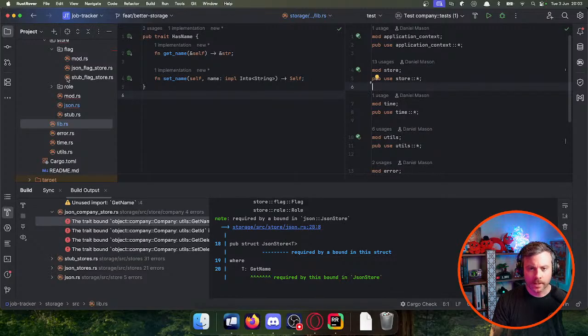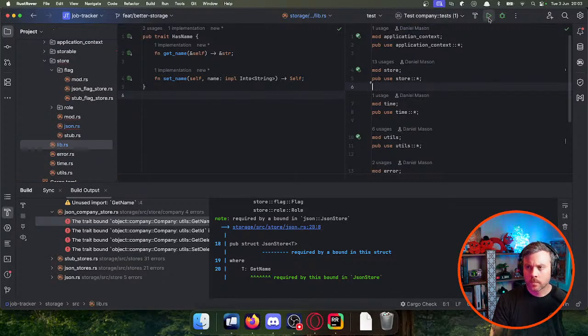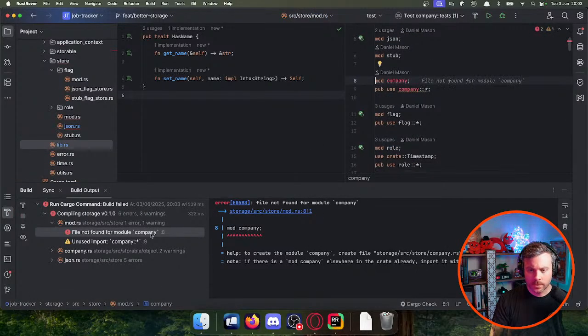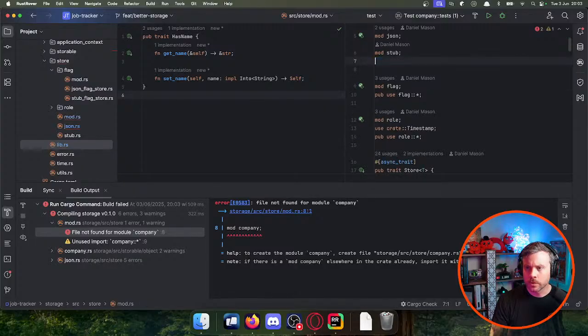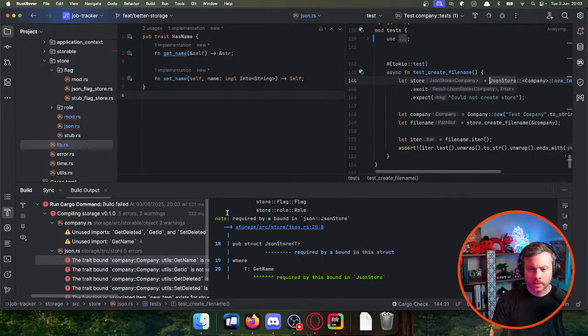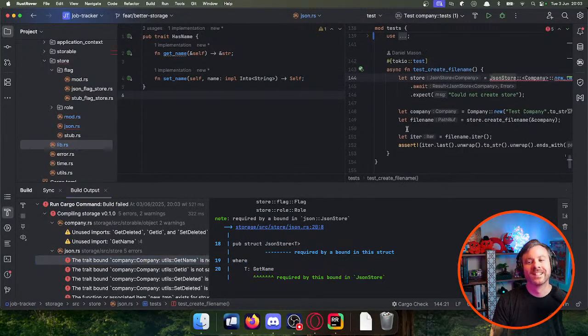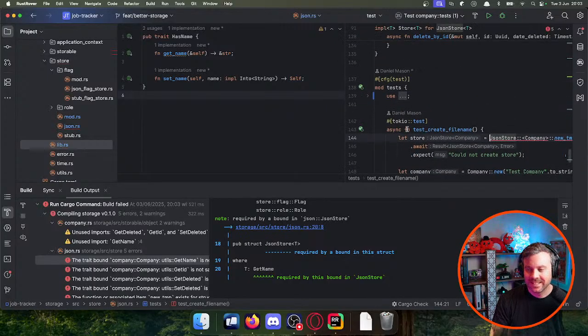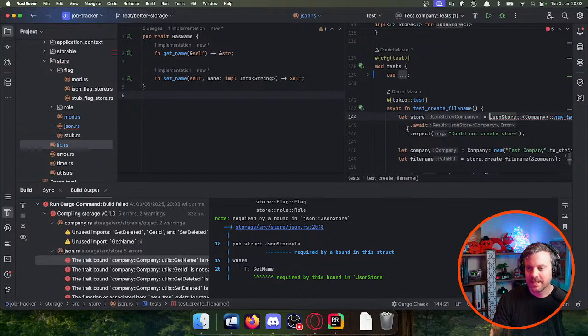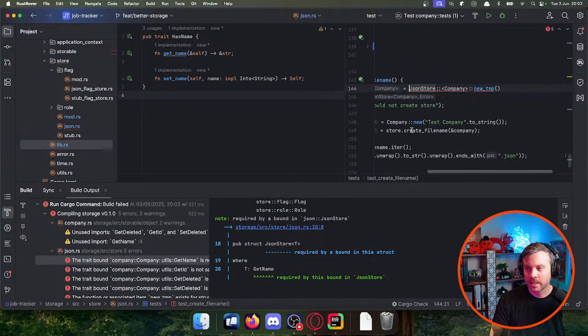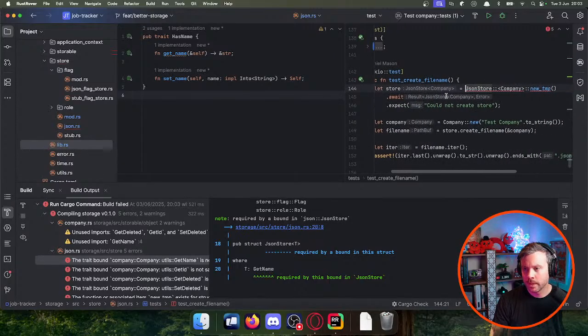Okay, let's try again. Mod company, that's fine. This is all gone. This is going to be harder to get rid of, but